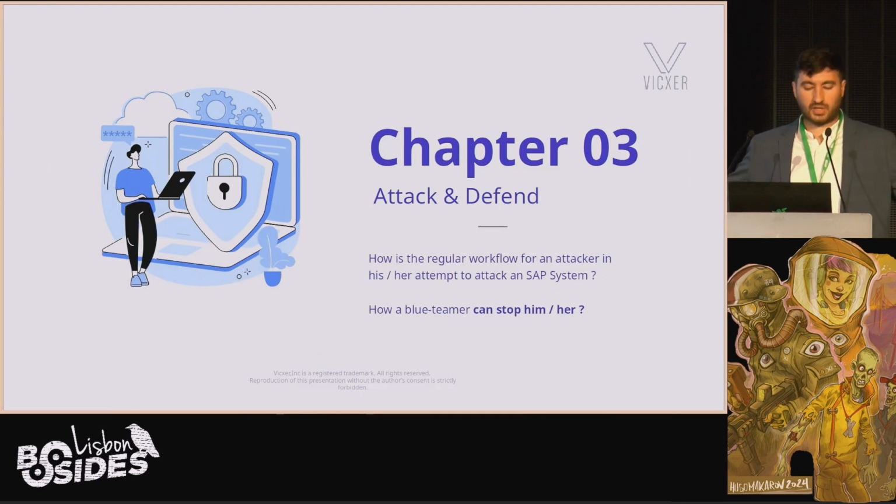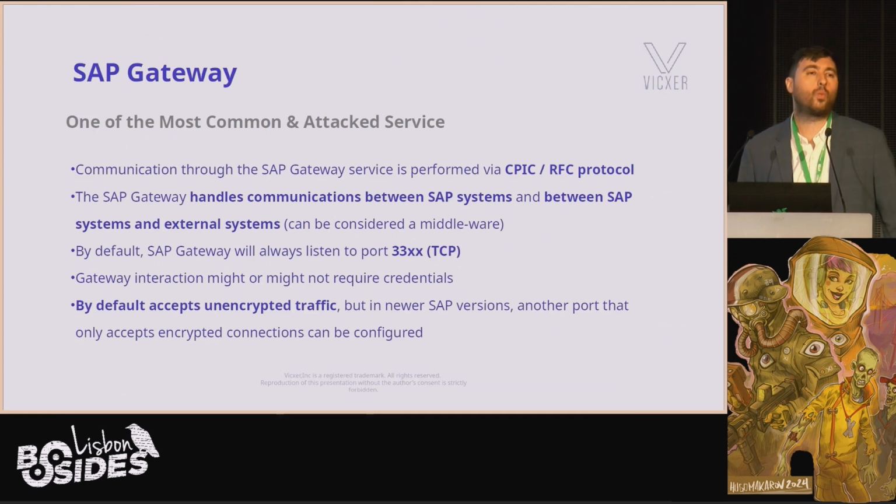Okay, so you got the introduction, you survived the introduction, very well. Now we're going to start getting technical. Now we're going to start seeing some of the attacks. Particularly, we're going to focus on one component. Again, it's impossible to show you everything in just 45 minutes. But we're going to use one of the most common attack components in SAP, and one component that was created and is still extremely relevant today. It was created in 1992. Very old, still very used. So we're going to be talking about the SAP Gateway.